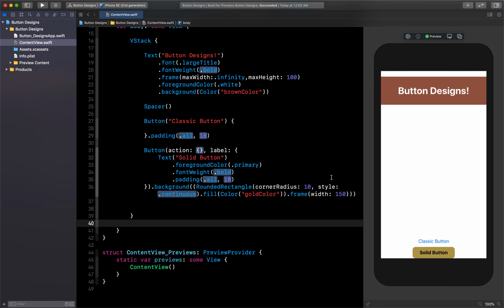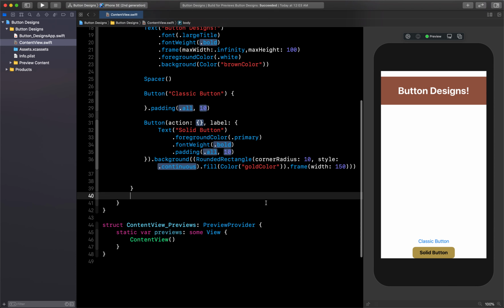Now we just need to give some padding also, so that our button will move up and it will give some spacing and it will look better. So let's do that. What we can do is we can create a different button, and at the last we can give some padding for all the buttons. So let's do that now.